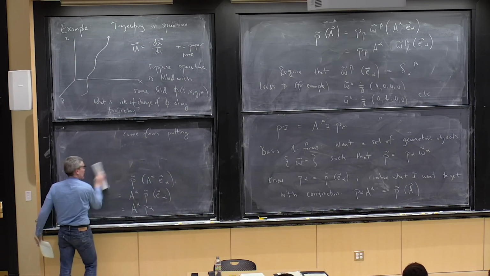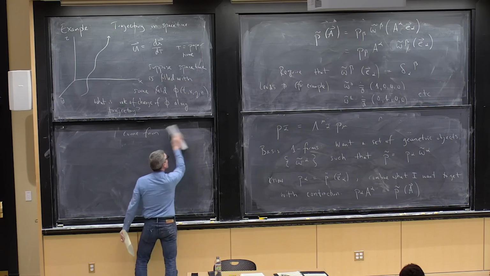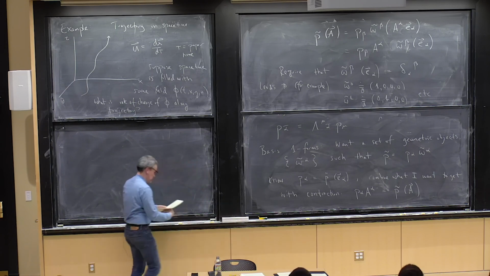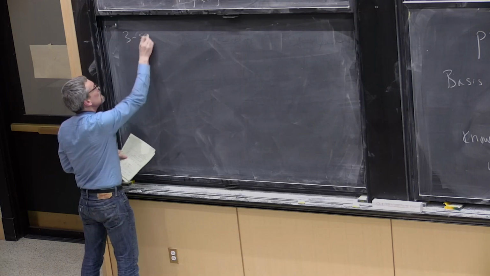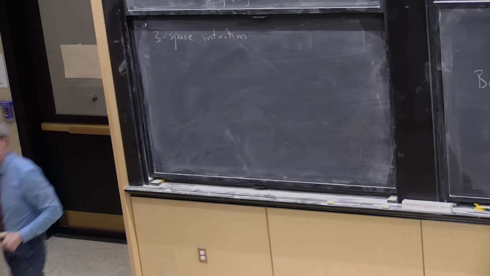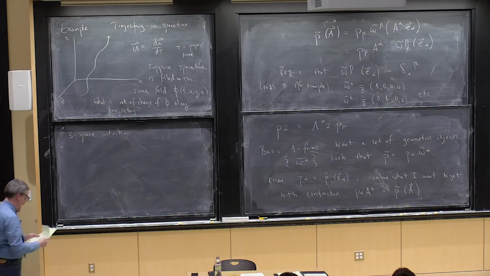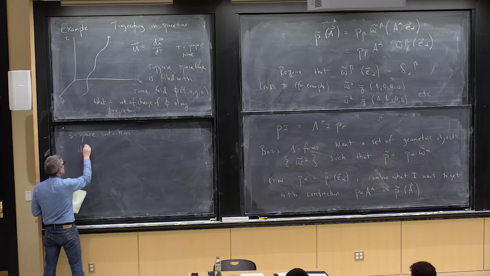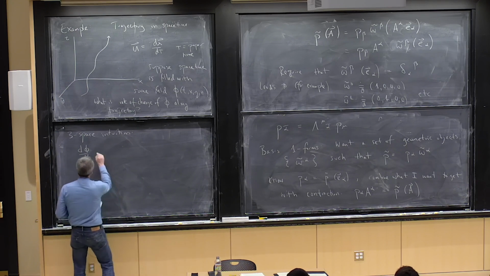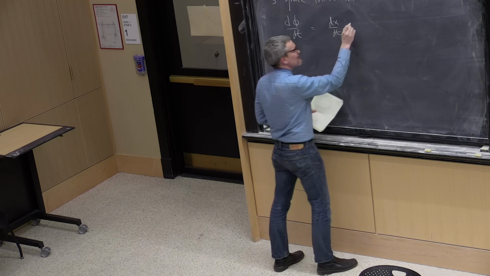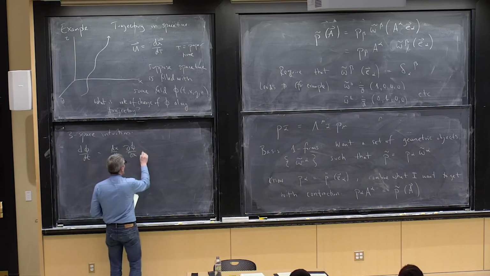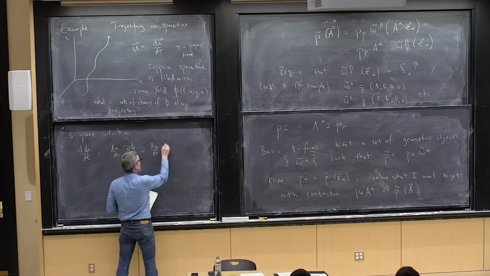So if you were working in ordinary Euclidean space, you would basically say, this is easy. Your three-space intuition, you don't have this proper time to worry about. So you would just say that d phi dt along this trajectory is just what I get when I calculate dx dt, and then look at the x derivative of my field phi, plus dy dt